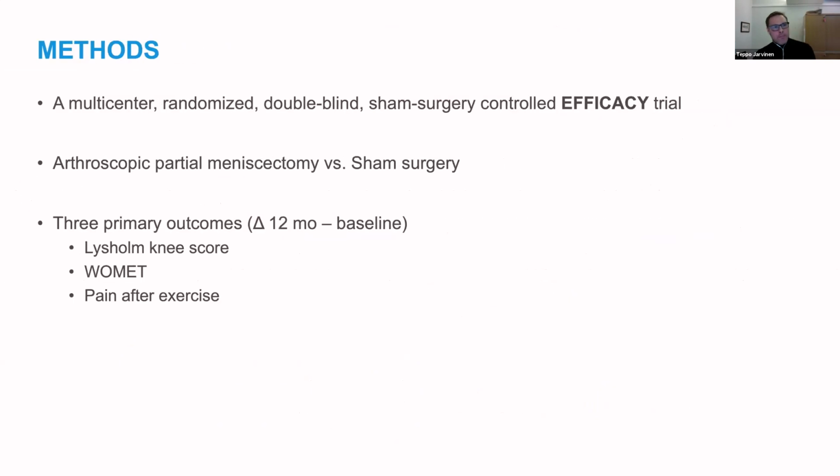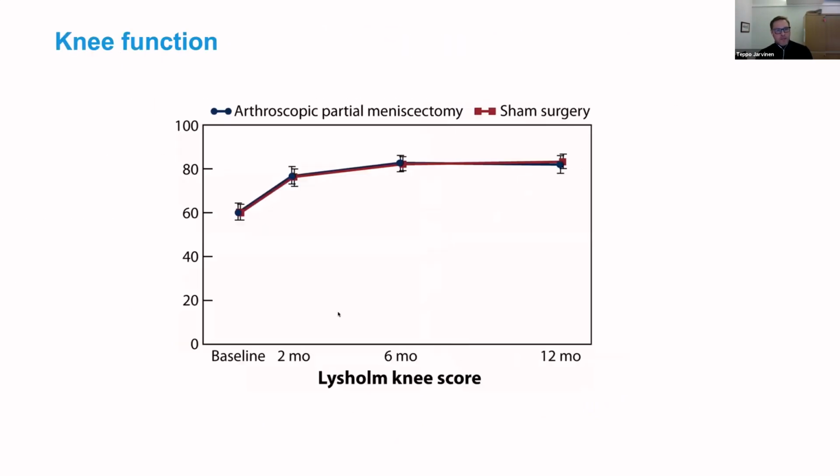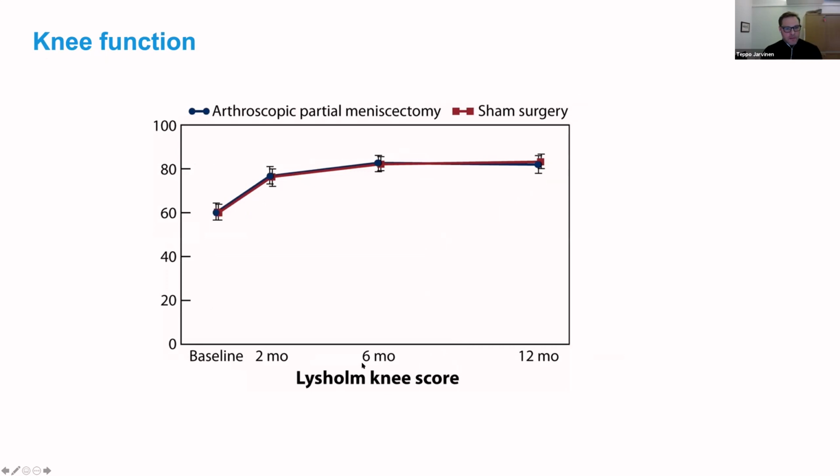And it is a multi-center, randomized, double-blind, sham surgery controlled efficacy trial comparing APM to sham surgery. 3 primary outcomes assessed at 12 months. And here are the primary outcomes. The Lewis-Holmes score on knee function, and as you can appreciate,